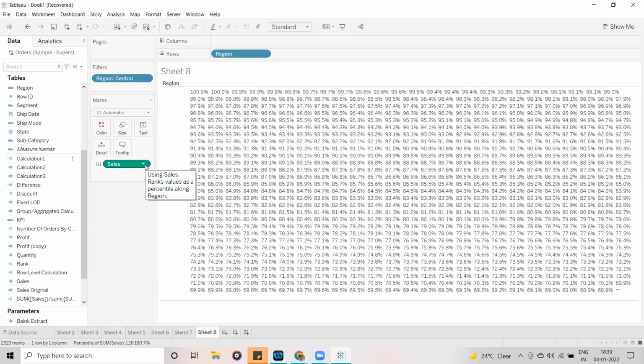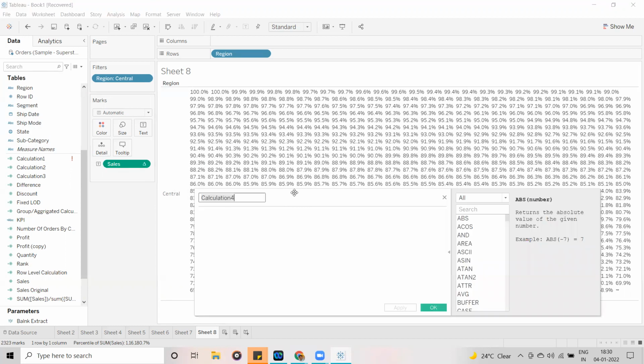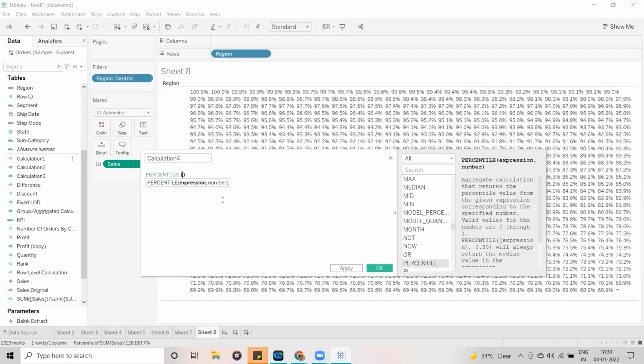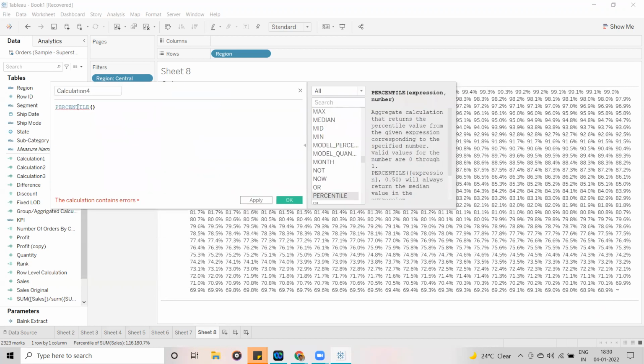People may ask how you calculate the percentile. We are having one percentile function as well, guys. If you see the description: an aggregate calculation that returns the percentile value from the given expression corresponding to the specified number.